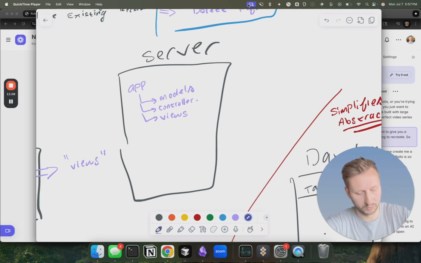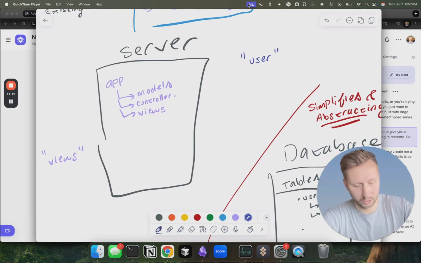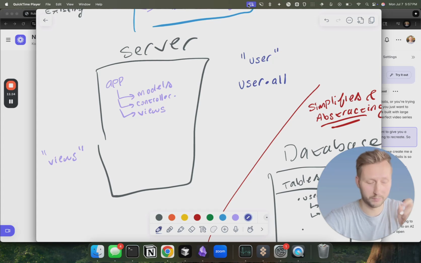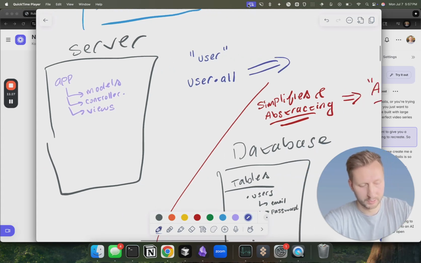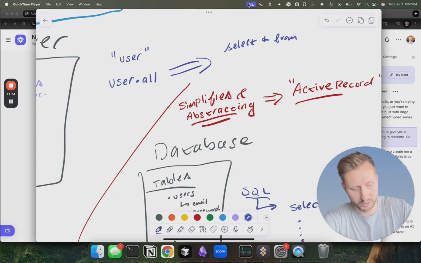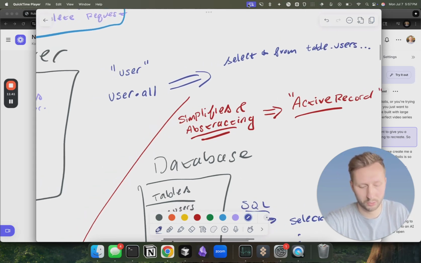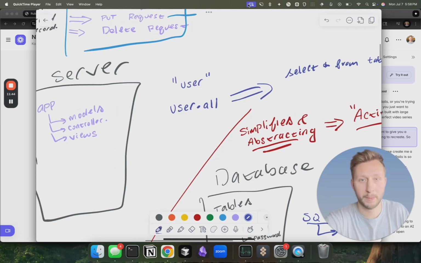The example we can run with here is, with our model, we'll have something called a user, right? And then you can do things like User.all. That's a small little line of code that translates to a big nasty SQL statement: select all from table users. And what's nice with Rails is if you can just learn how Active Record works, then